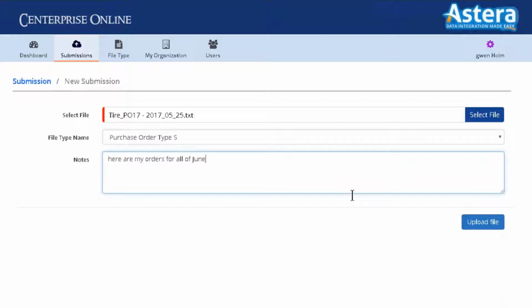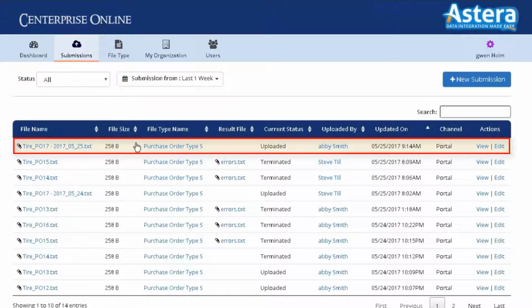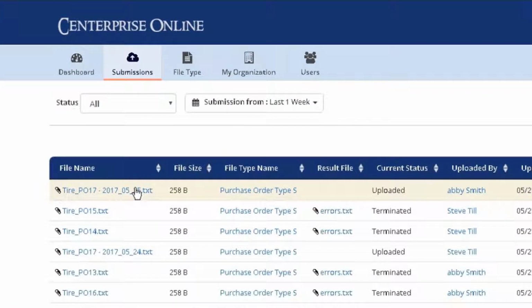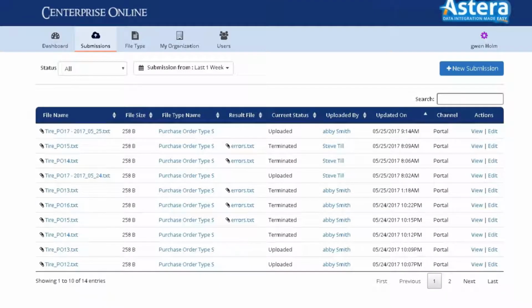Okay, maybe that's too many orders, but anyway, you get the idea. So then she's going to click on Upload File, at which point it automatically gets added to the list here. And you can see that it was uploaded. She hovers the mouse over, so you can see what type it is, when it was uploaded, and all that good stuff. So now if I go back to my email inbox, which is here,